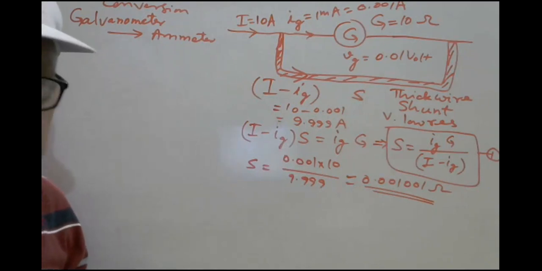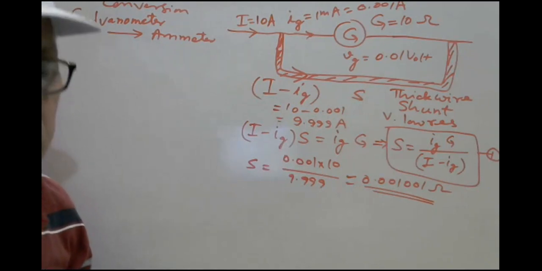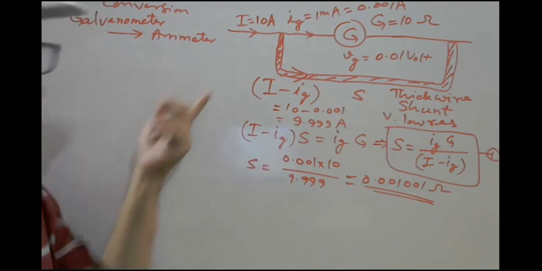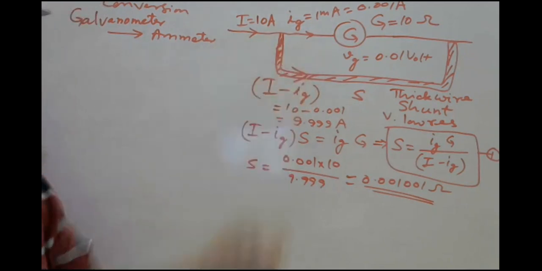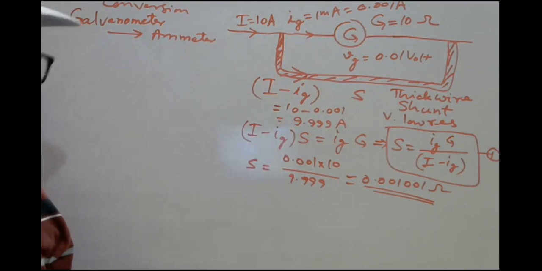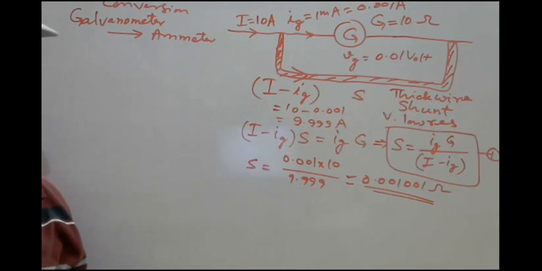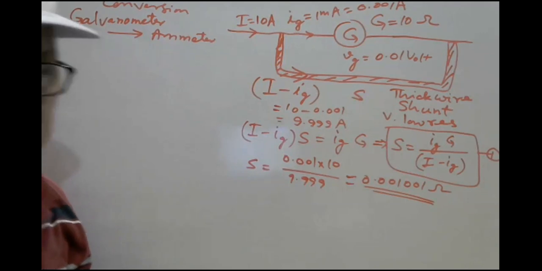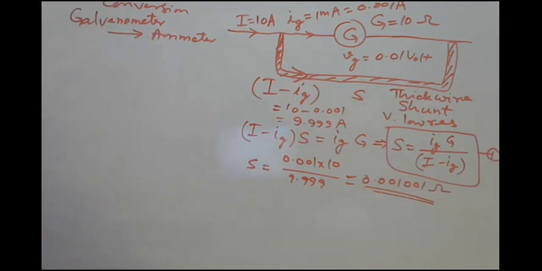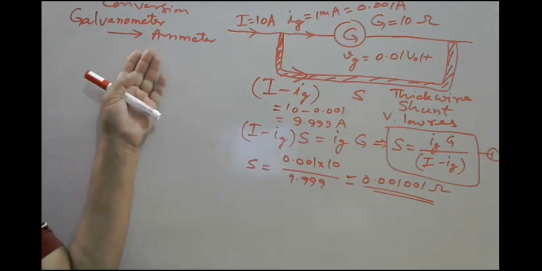What do you mean by a shunted galvanometer? Shunted galvanometer means a shunt, a thick wire, low resistance wire, is connected in parallel with the galvanometer coil. It is called a shunted galvanometer, meaning an ammeter. Yes, please, any doubt? Hello? If any doubt is there, please ask. We can convert a galvanometer into the desired range of ammeter.